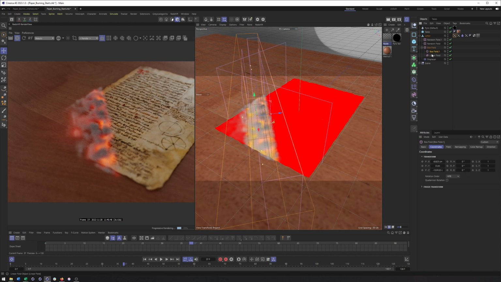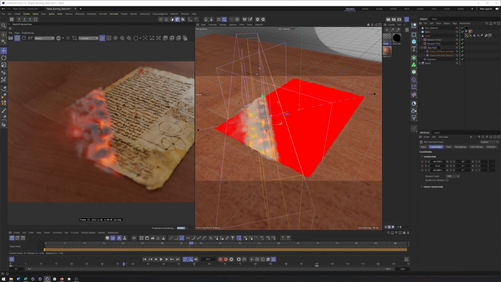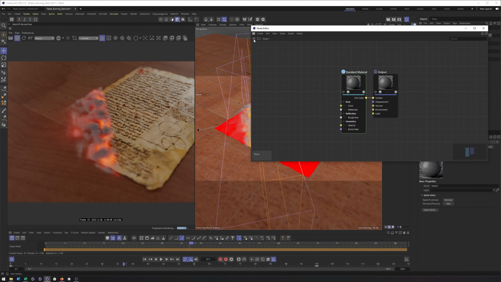And once again, make it a child. Now, I should have also named my fields here. So this would be matte opacity. I don't know why I keep wanting to put, this is going to be burn, smolder. I actually do want to keep linear field in there so I know what type of field it is. Box field, we'll just call this box field pyro. There we go. Okay. So I need to create one more material